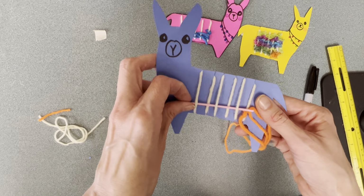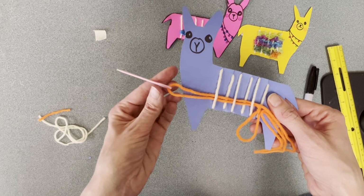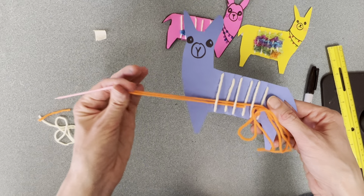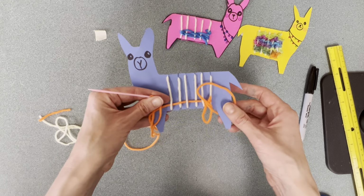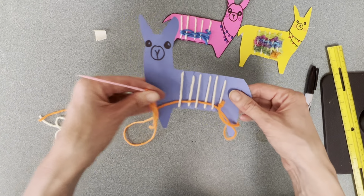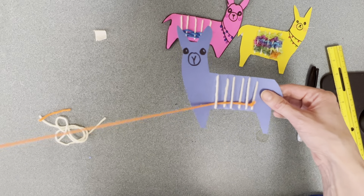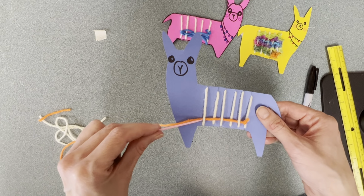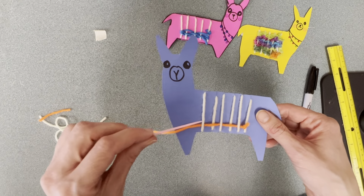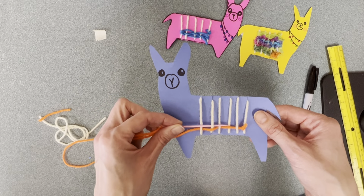Now I'm going to very gently pull my yarn all the way through. When you can, pull it down by the eye. That way your yarn won't slide out of the eye of the needle. Oh gosh, I've got to be careful around his leg. Looks like it was going to go around that. All right, don't pull it really tight. It's paper again. All right, guys, so I just started going under, so I'm going to go over, under, over,